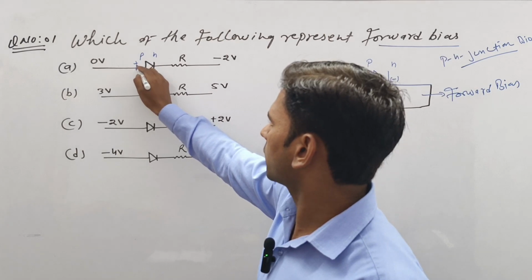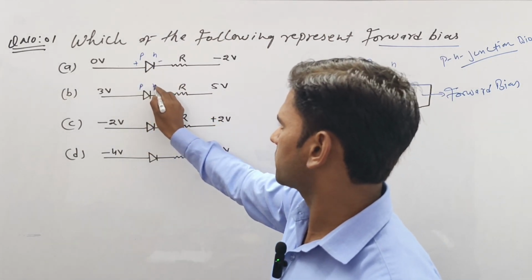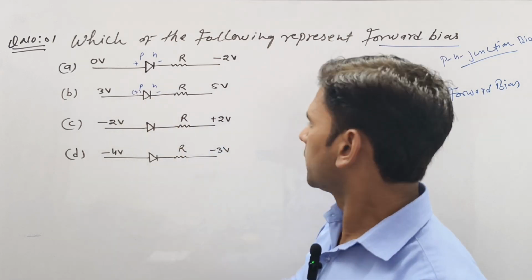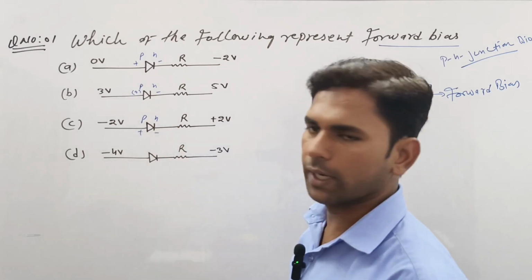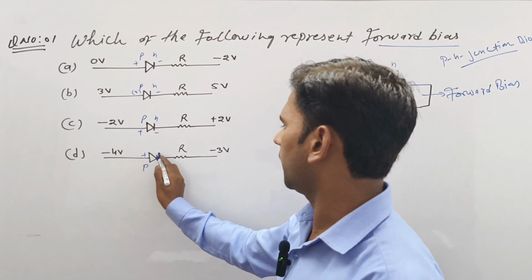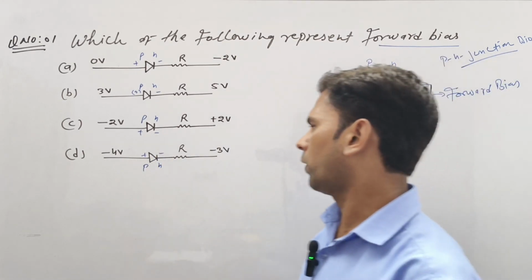P means positive and N means negative. Here also this side is P and this side is N, so this one is positive and this one is negative. Similarly here, P and N, it means positive and negative. Similarly here, this one positive and this one negative. So you can just check here. First,